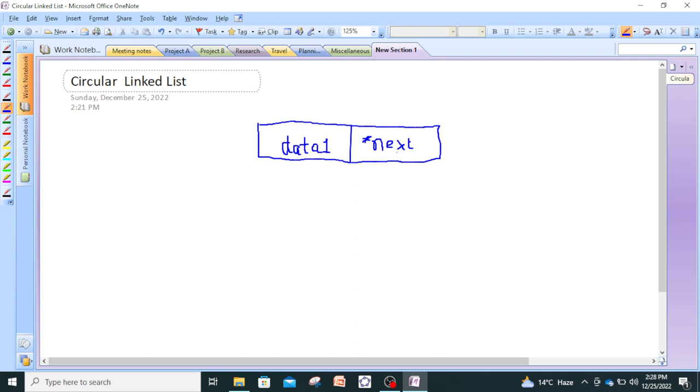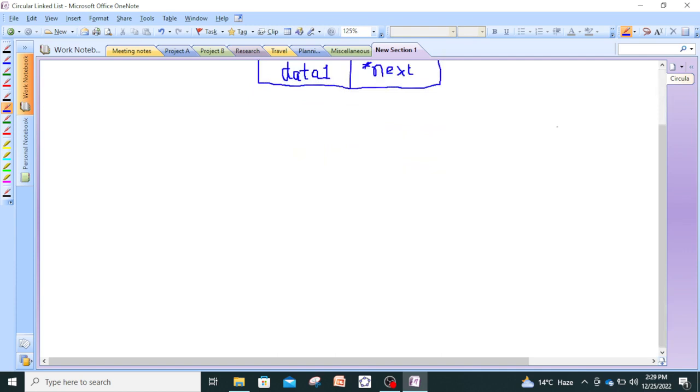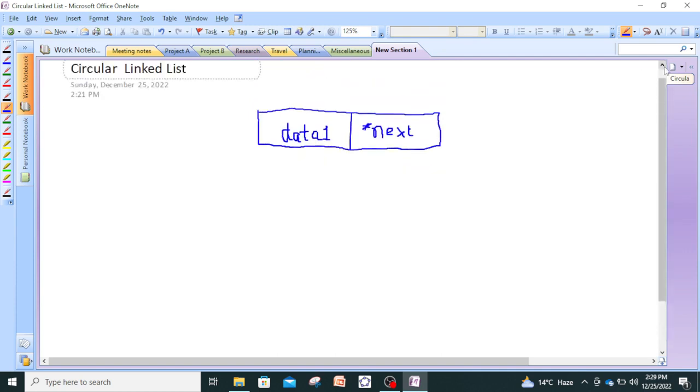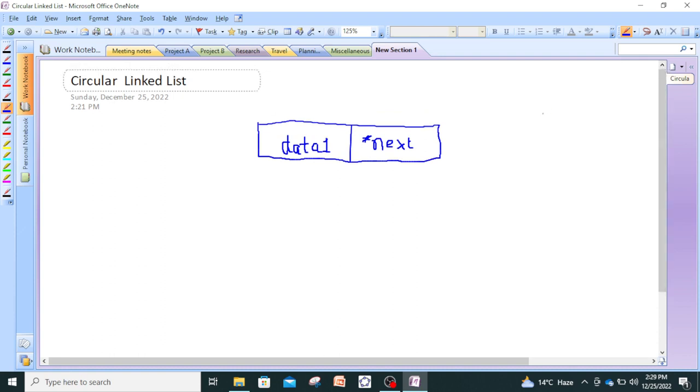It is essential. If you want to attach the next node, then it is necessary to keep this next part equal to null. So when we create, suppose the name of this node is temp,